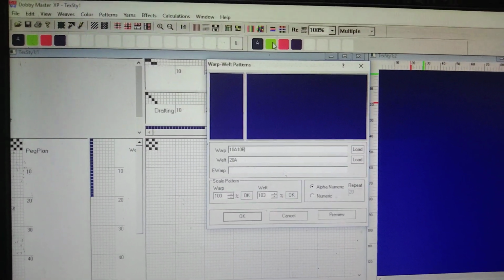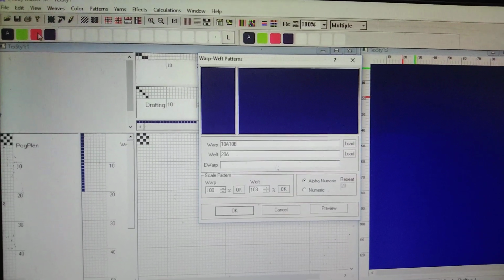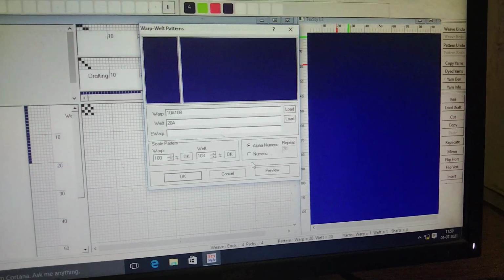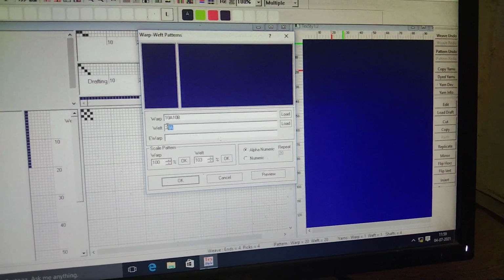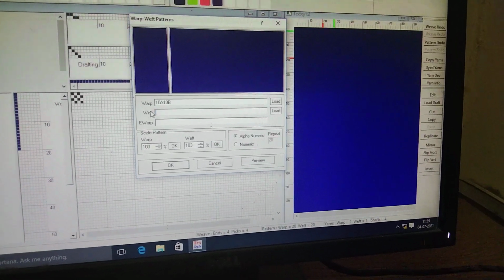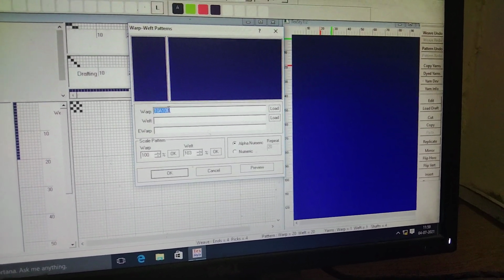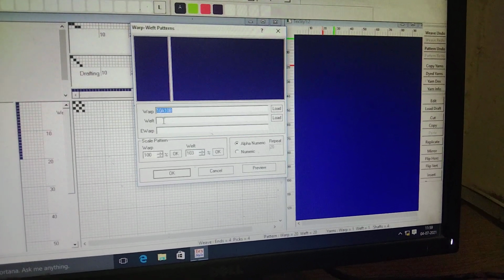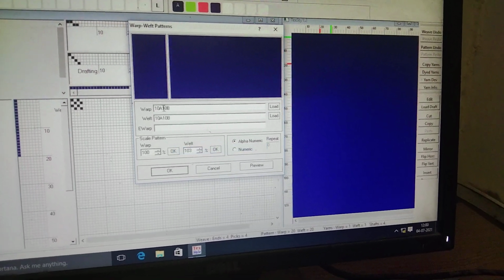You can take 10A 10B, C, D, E, F, as many colors as you want. Now for weft, if you want it same as warp, you can select, right click, copy, then go for weft, right click there, and paste.